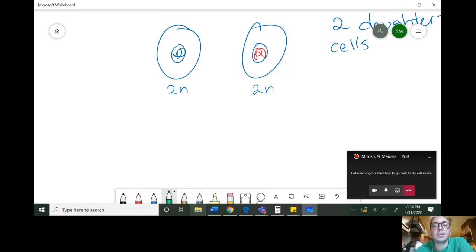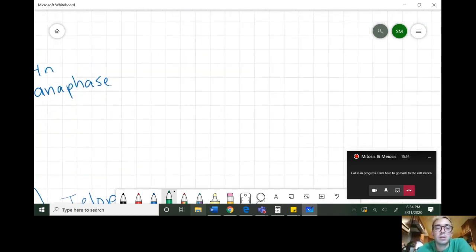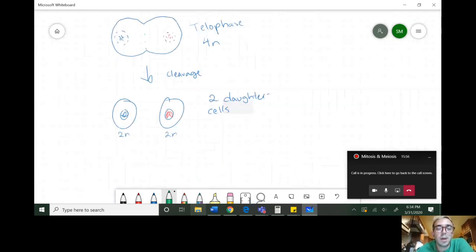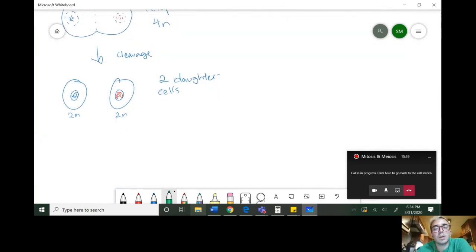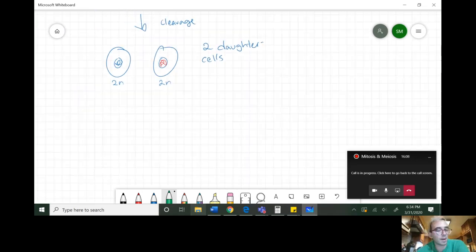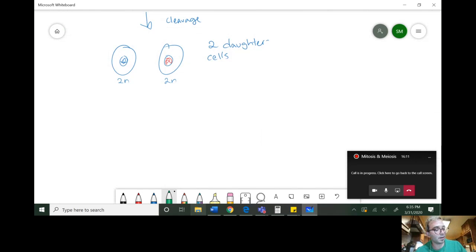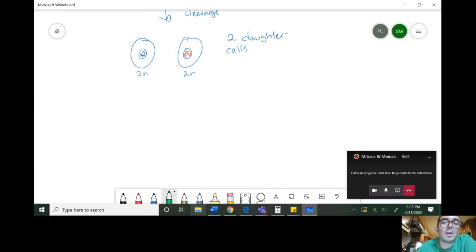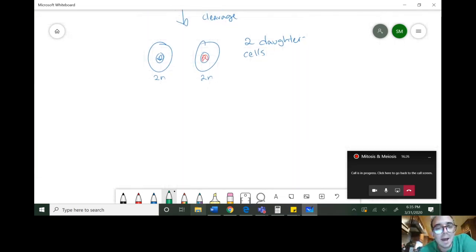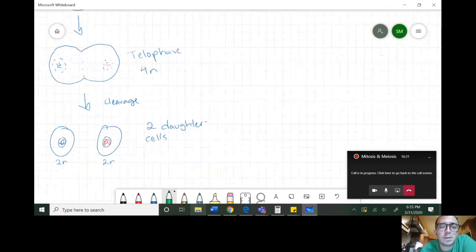Now, the one thing that makes meiosis unique is that we have something called the crossing over event, where genetic material might get swapped out with another piece of genetic material of the same chromosome, and that's what gives us variation, and it's random. Nothing says this piece is going to swap with this piece because it has to. It's all random, which is cool. Okay, so assuming that's already happened, we're going to undergo the two phases again. So in meiosis,